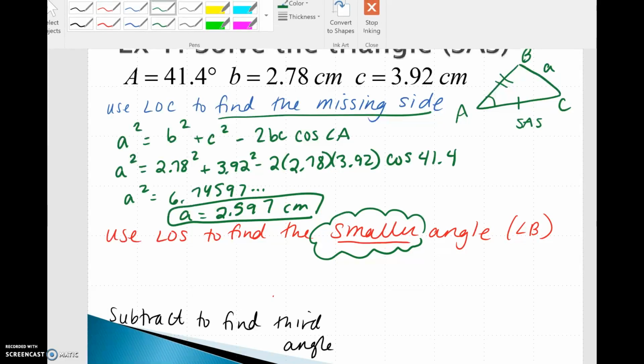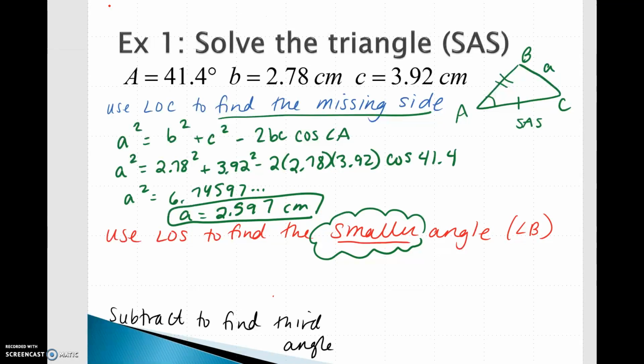And by doing so, if there is an obtuse angle, we will find it when we do the last step and subtract from 180 to get the third angle. Okay, so we'll say the sine of angle B over side B equals the sine of angle A over side A, the answer that we just found, and then we cross multiply and do our inverse. We end up getting the angle B equals